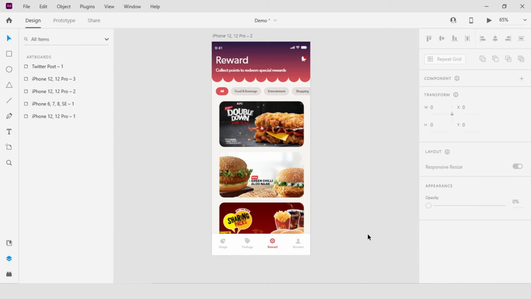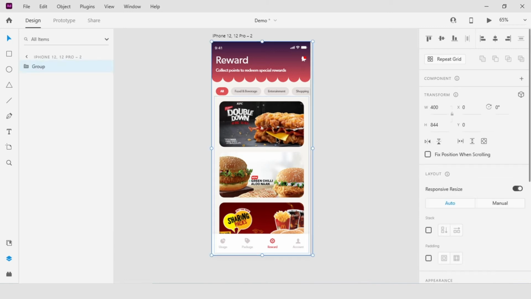So earlier on we talked about content aware layout and how it works with the three features: padding, stacks and responsive resize. Padding is almost a child feature of the stack feature. What the stack does is allow you to take groups of objects and treat them almost as tiles, so that you can move the content around freely within that stack.